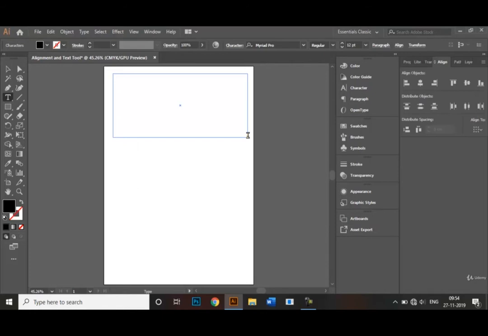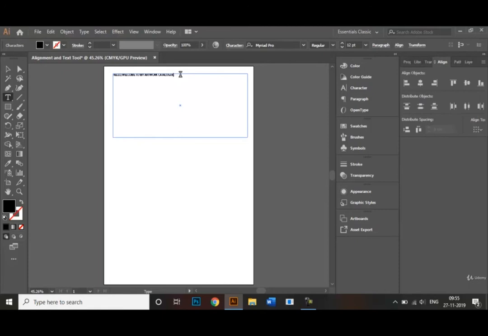So now we can easily type in our text inside this box, right? It can be a heading, let's say. So let's type it out by saying hello, welcome to my artwork catalog, right?